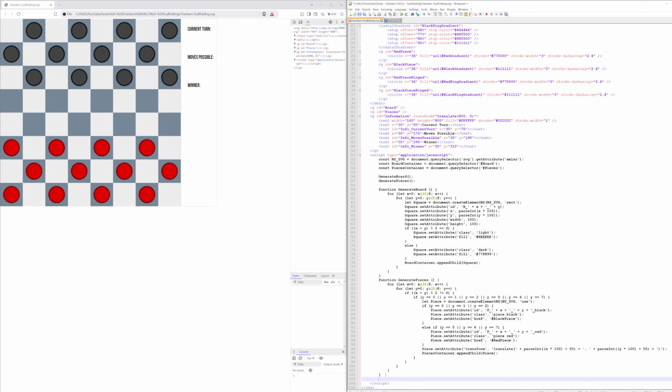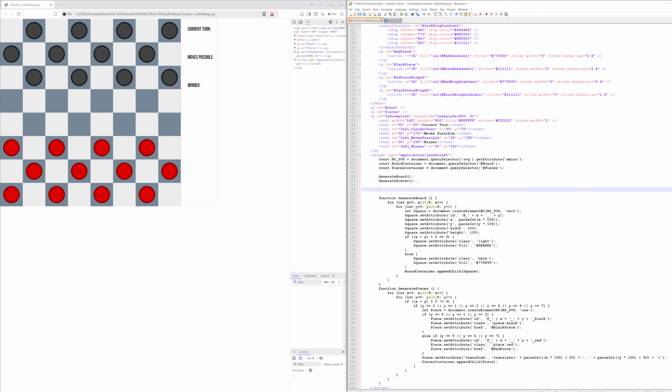Okay, now at the bottom of the screen, actually, let's not do the bottom of the screen. That might be harder to follow. Middle of the screen, let's start thinking of some functions that we might need. So one thing that's obvious is we need to figure out what all the available moves are for a given piece. So let's say function get all moves